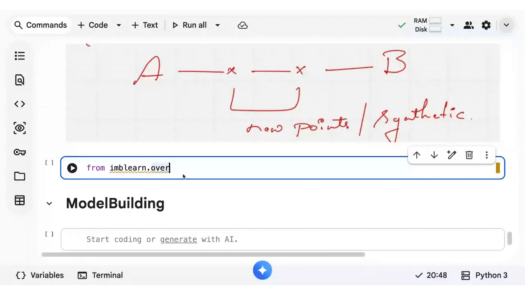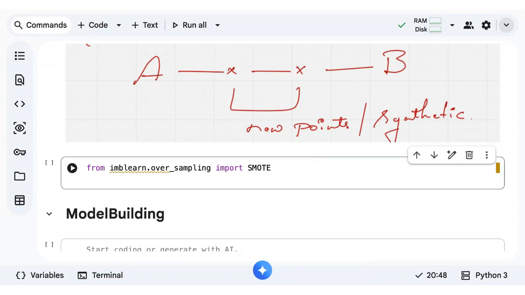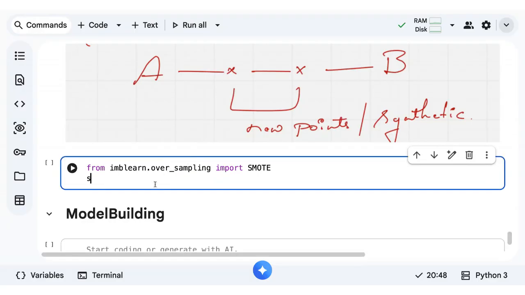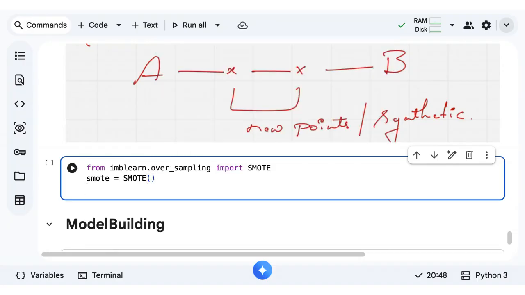So from imblearn.over_sampling, let's import SMOTE. Now tell me, should balancing be done only on train data or test data? I'm calling SMOTE. If you want, you can give a random state as well.